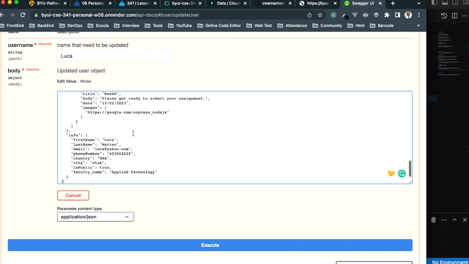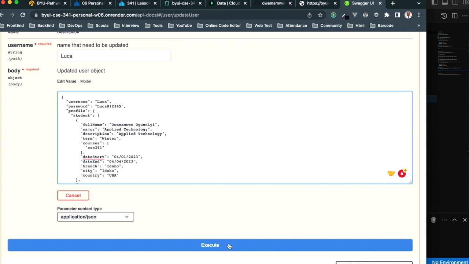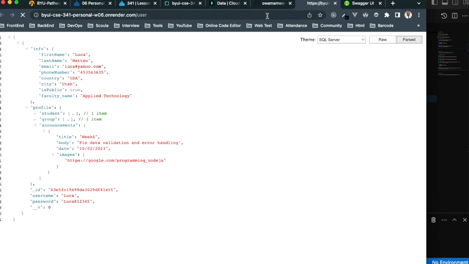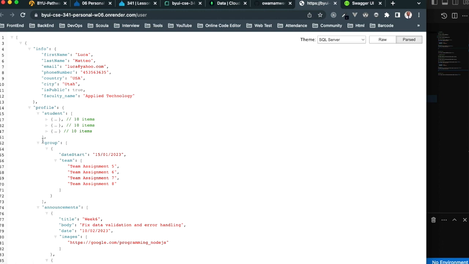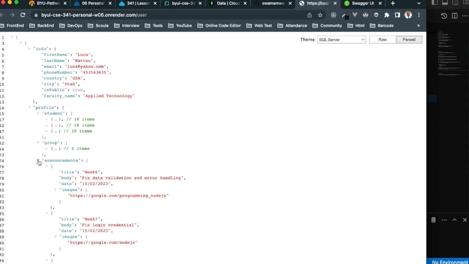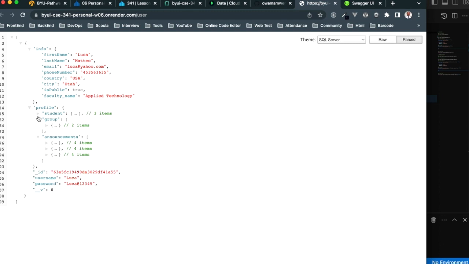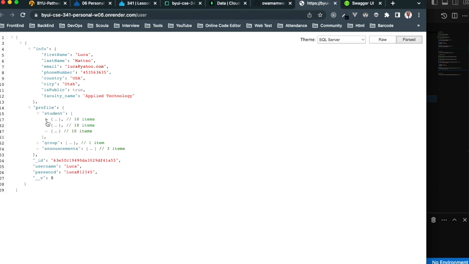Let me input, let me check if everything is okay. Now let me post. Okay, let's check. Okay, as you can see, we have a very high student count here. We have a lot of students. That is why I just want to post. And we have so many announcements. If we close the profile, this is the profile, this is student, this is group, you have all this inside. Then you have this also, you have this as a student, and in the group you have